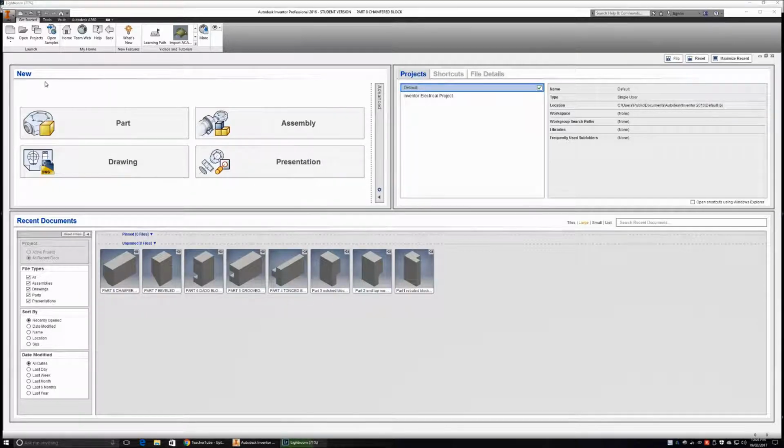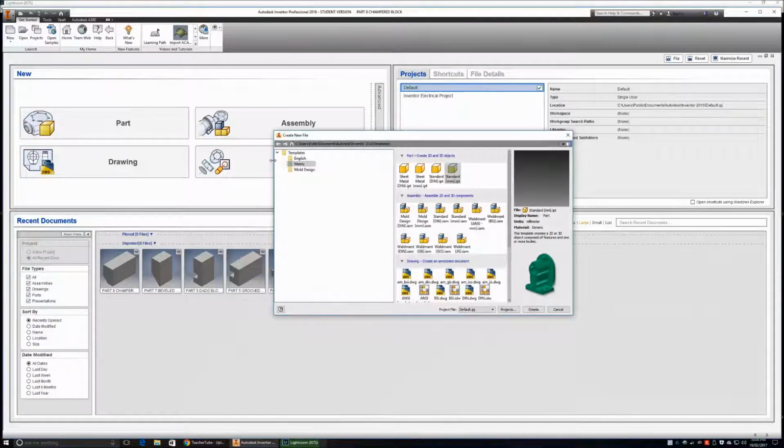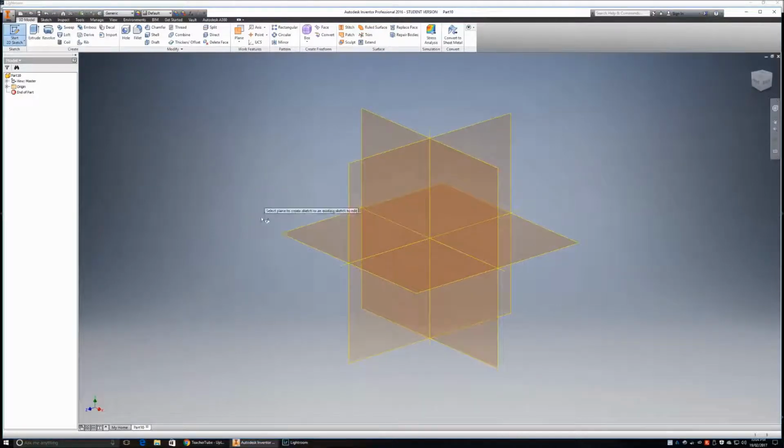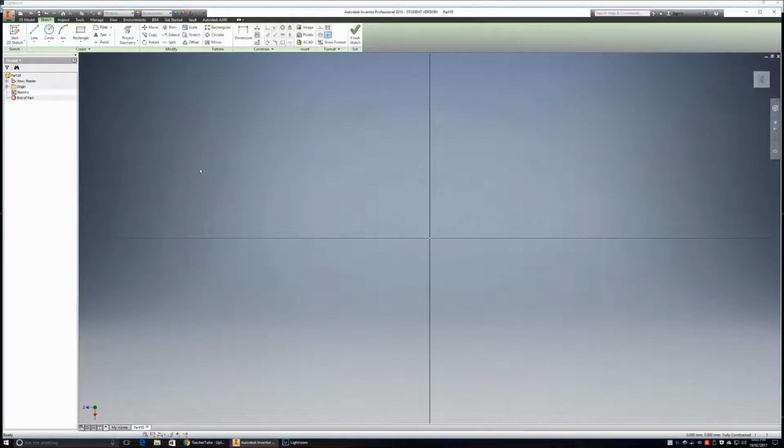So we're going to start off the same old way using New, come down to Metric, Standard, Create. By now this should be coming second nature to you, having done this 8 times previously. We've got our drawing board. We're going to go up to Start Sketch. Going to come down, select a plane, the XZ plane, and this time we're going to go back to the